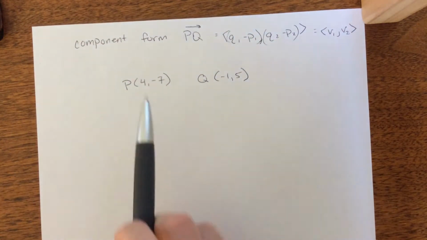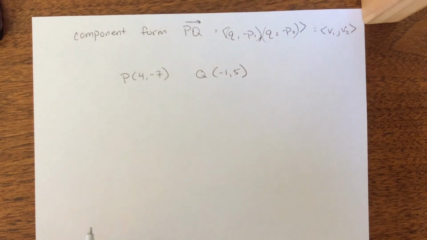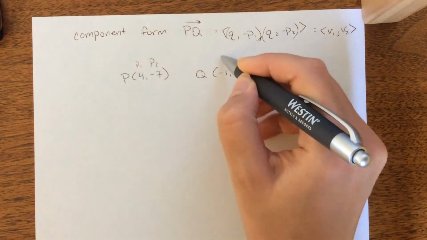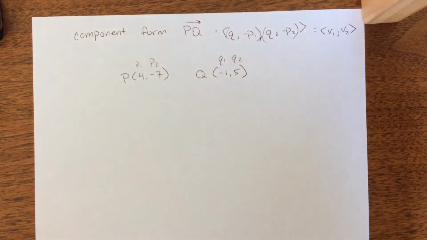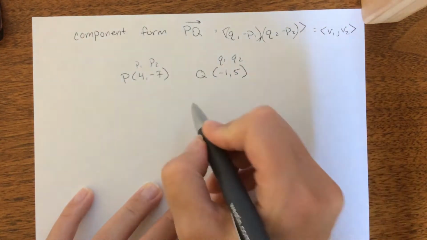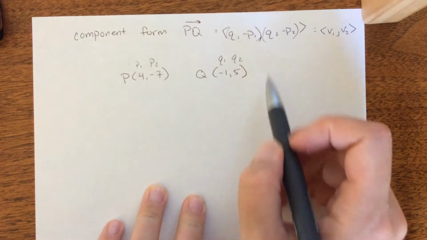So if I have P and Q, and like I said, if you want to view it as a right triangle and figure it out that way, that is fine. But if you don't have a picture in front of you, you're going to just plug it into the formula. So this would be P1, P2, Q1, Q2. So let's see in component form what it would be. So Q1 minus P1, let's see here,